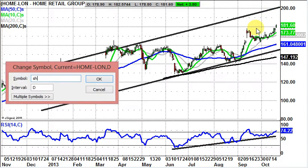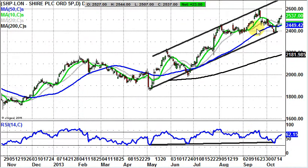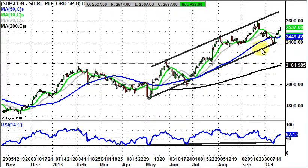Moving on to a personal favorite of mine, Shire Pharmaceuticals. Recently a chart of the week on zaxta.com. Situation here is that we've seen a bounce off the floor of a rising trend channel from May. That was just below £24, a sort of bear trap below the 50-day moving average at 24.49, and towards August